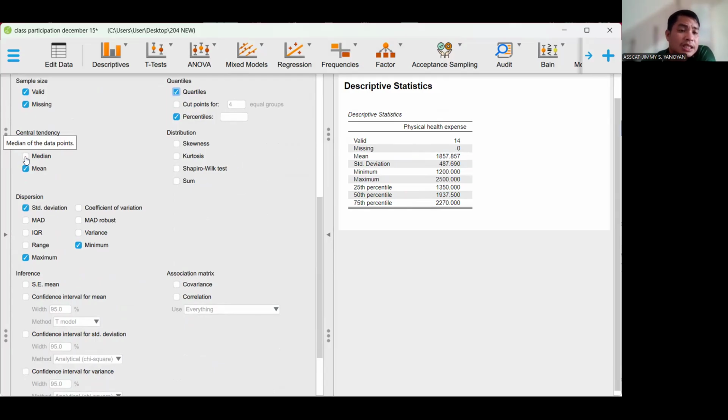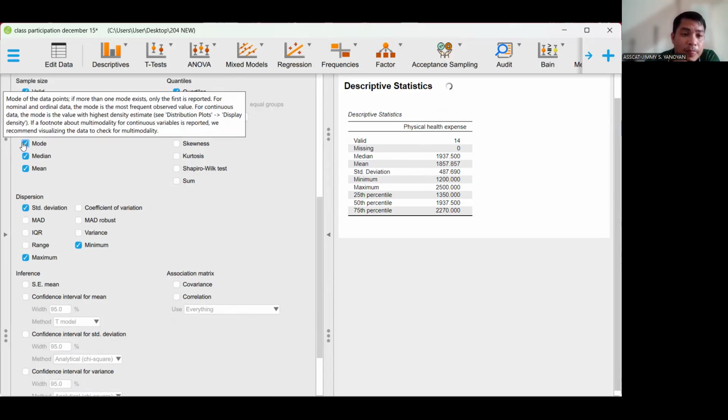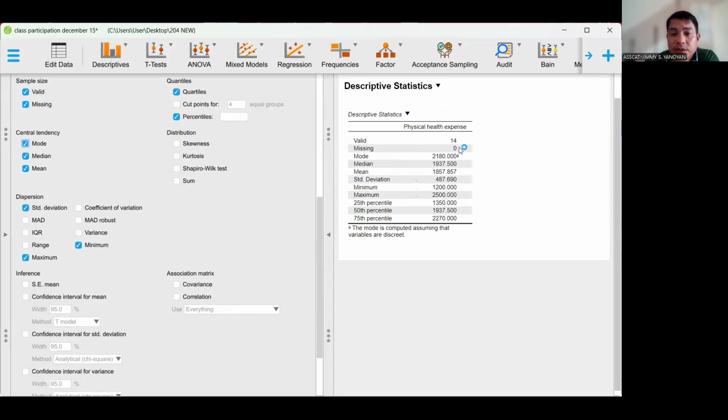Since the median is not yet checked, we can also check this one. So let's see if there's an amount in the median. So the median is 1,938. So if we want to click on the mode, we can also click this one. So the mode is 2,180.